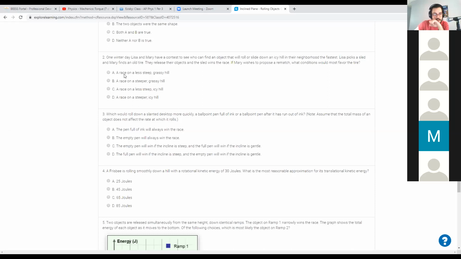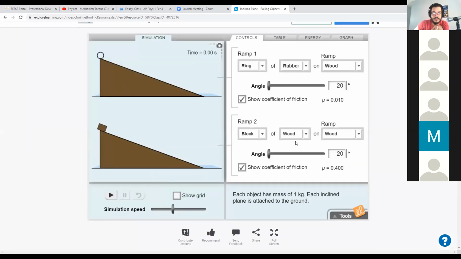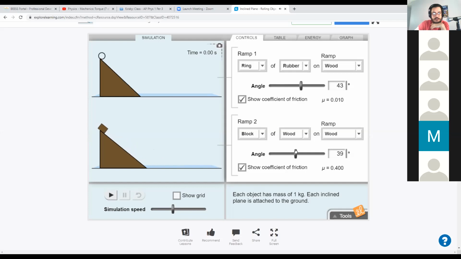And the difference between A and B, A assumes that a less steep, a flatter hill would favor the tire. B proposes that a steeper hill would favor the tire. Remember, the whole thing is that we're trying to game the system to keep the sled from moving. So what would get a sled to move? A steep hill or a flat one? A steep hill. Exactly. Right now, we've got a situation where the sled can't move because it's flat, or at least flat enough to prevent it. But if we crank this up to 43,